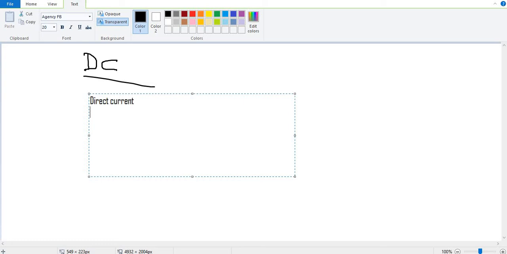The first thing we have to remember about direct current is that it is a unidirectional current. It will flow only in one direction. The second thing is that it flows in only one direction, which means unidirectional. So what is direct current? It is a unidirectional current which can flow in only one direction. If I give you one example,